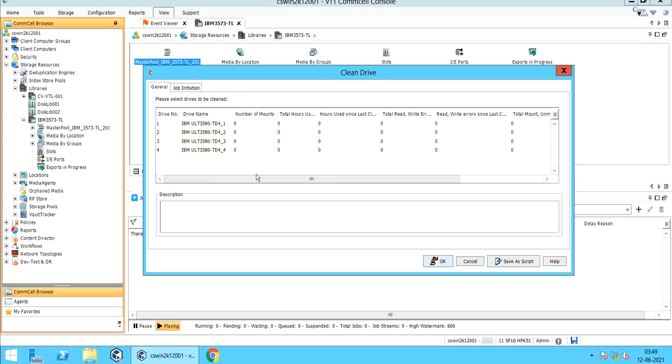Clean drive window. General tab. Please select the drives to be cleaned from the list of the drives displayed. Drive number displays the drive number. Drive name is the name of the drive. Number of mounts displays the total number of mount operations performed in the drive during the entire time the drive was in operation. Total hours used displays the total number of hours of drive usage during the entire time the